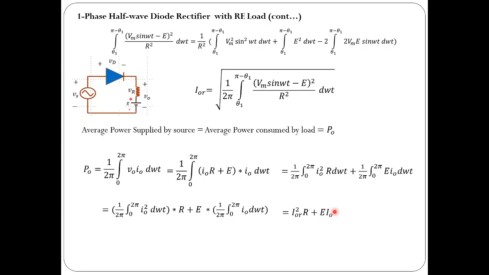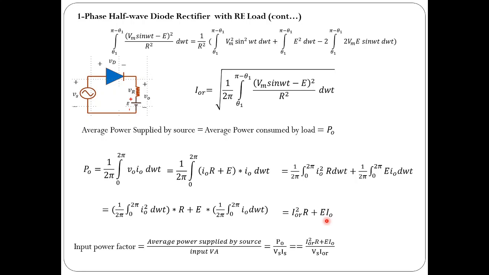I derived this purposefully because in previous loads, in case of R load, L load, RL load, we have passive elements. There is only one element which can receive the power, that is the resistor, and the power received by the resistor is simply IOR square into R. But in case of a battery, you have a small change, which you have to observe here. Power absorbed by the resistor is IOR square into R, that is okay, but power absorbed by the battery is equal to E into the average value of the load current. This is one of the important observations one has to remember.